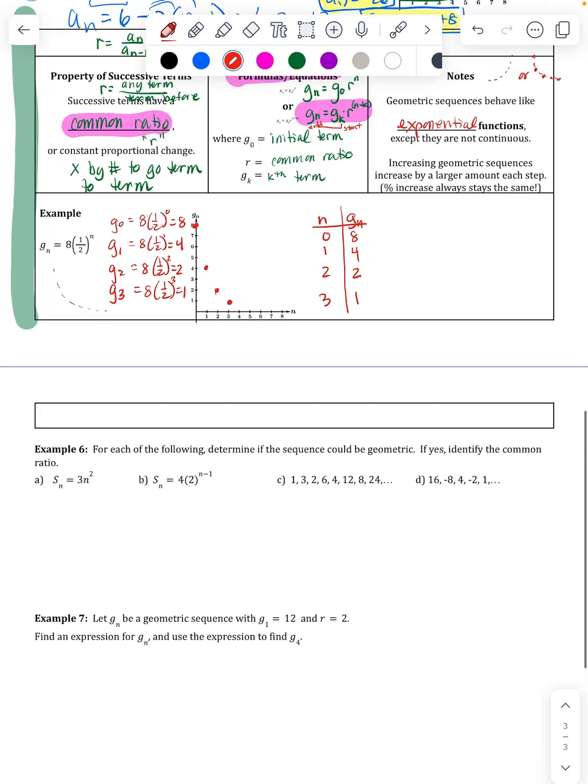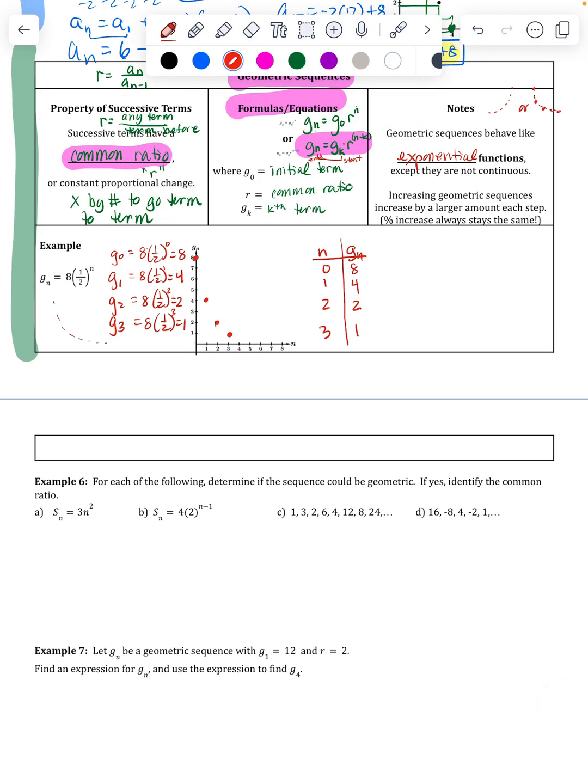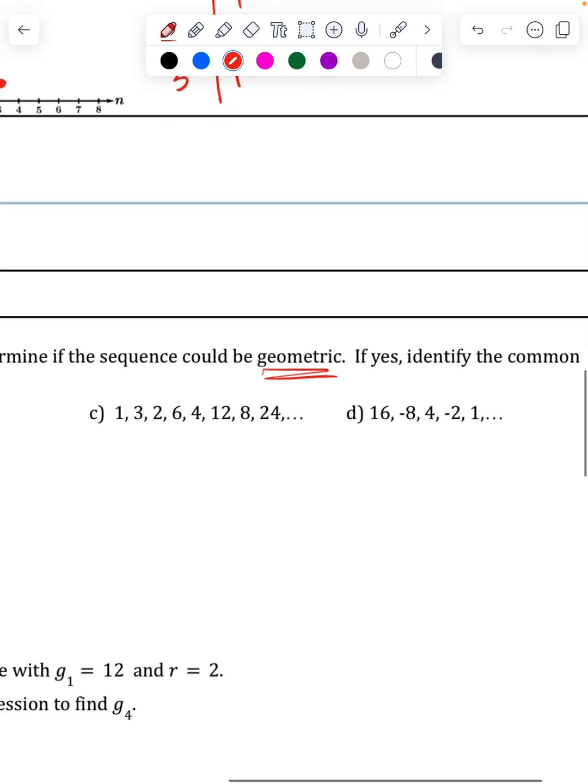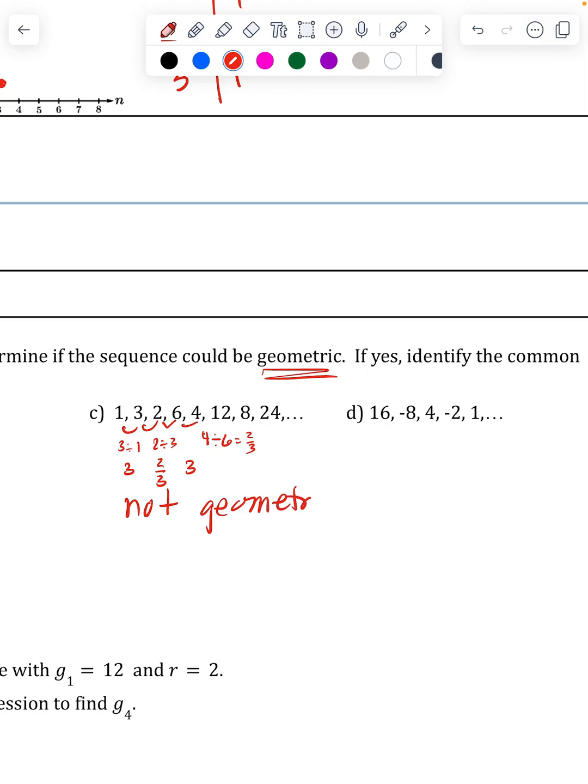Okay, we're in the final stretch, my friends. Here it says, determine if it could be geometric, meaning is there a common ratio? You are not adding or subtracting. So here you would be like 3 divided by 1 is 3. 2 divided by 3 is 2/3. 6 divided by 3 is 3. But 4 divided by 6 is 2/3. So this is not geometric because it doesn't have a common ratio. Sometimes you're dividing by 3, sometimes you're dividing by 2/3, and so that's going to not be geometric because there's